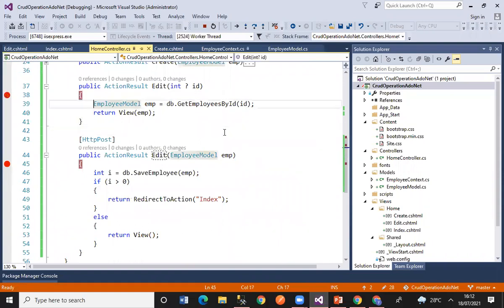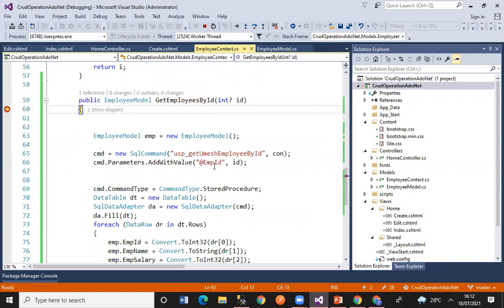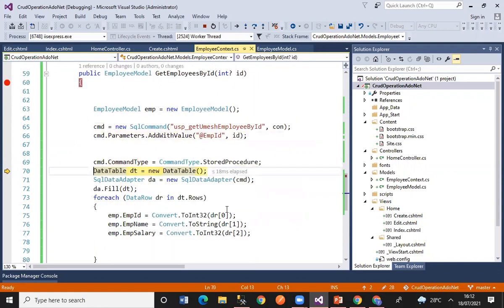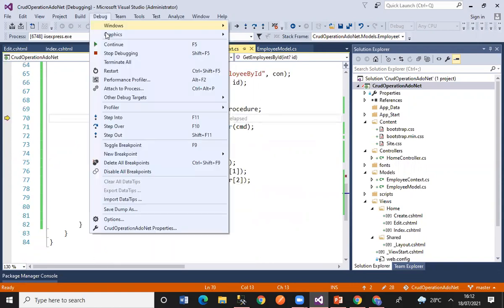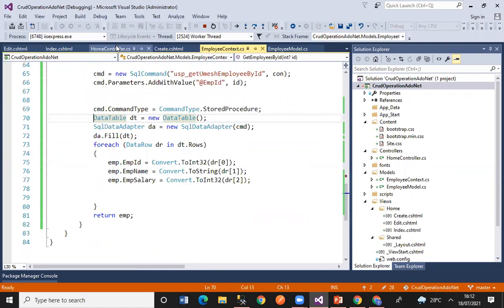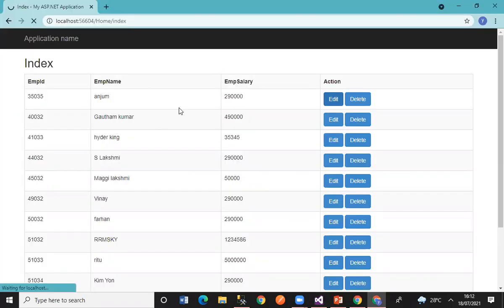When you press F11, you're going to go to this particular stored procedure. So get employee, and based on ID, you're going to bring the record, and because of this only we are going to see in our edit page the details of Anjum. So first we are trying to display that information, and then we are trying to update it.